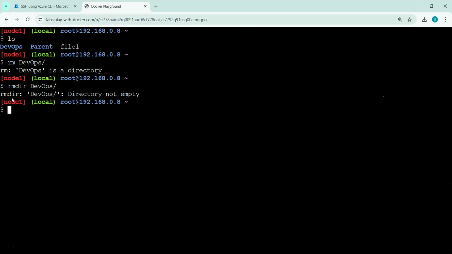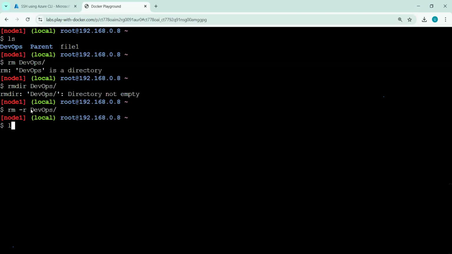Okay, now here is again a twist. Now you can see rmdir, the command is correct, but it is giving the error directory is not empty. Okay, so if it is not an empty directory, then we cannot delete those files. The first thing is we need to delete the files inside that directory, and then only we can delete the directory. Or we can add one more option, rm -r. So it will recursively delete, means it will delete all the files inside that directory. So I can use rm -r. rm means removing the files and -r means recursive. So whatever files are there, delete all.